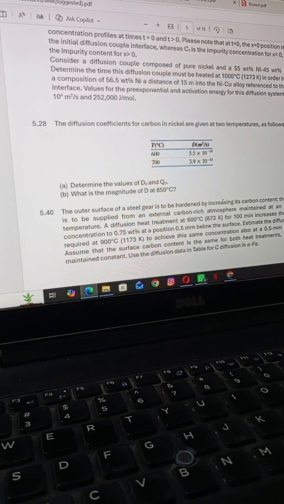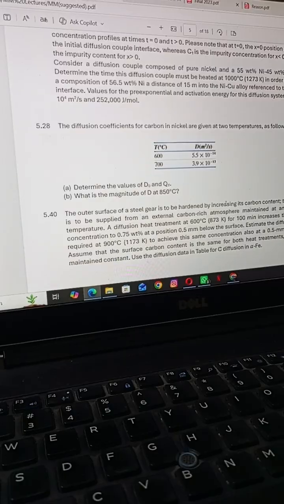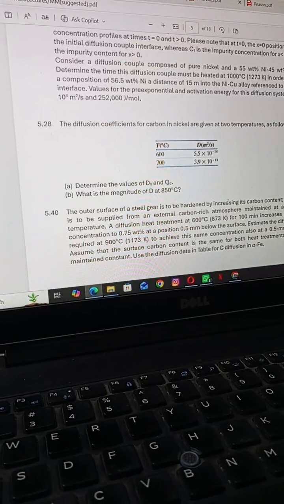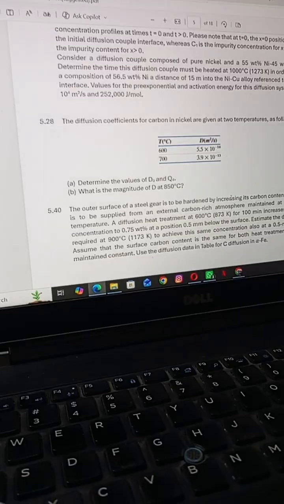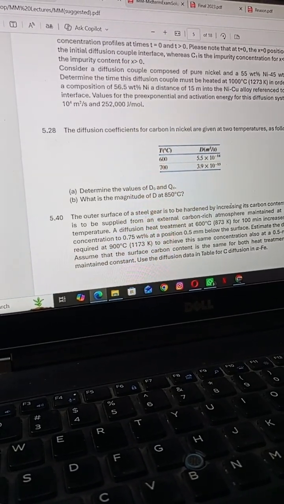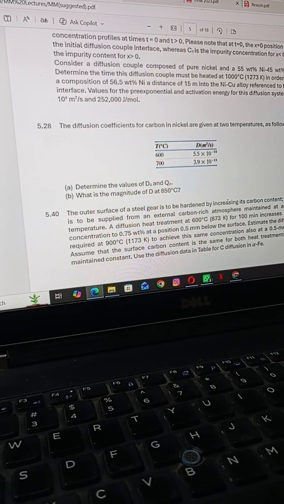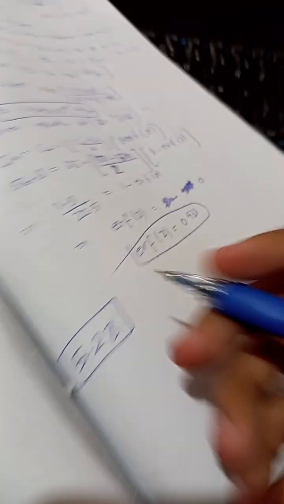In part A, we are asked to determine the values of D0, the constant D0. Usually in numericals of diffusion it is given, but in this problem we are asked to find it, and Q_D in part A. Later in part B we have to find the magnitude of D, that is diffusion, at a temperature of 850 degrees Celsius. So on the basis of this we can conclude that